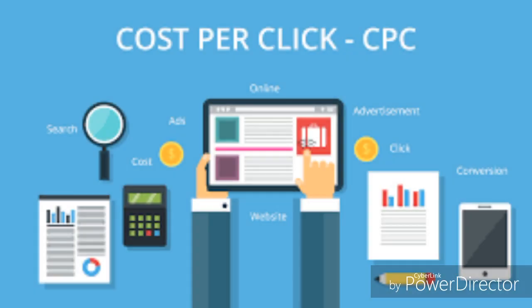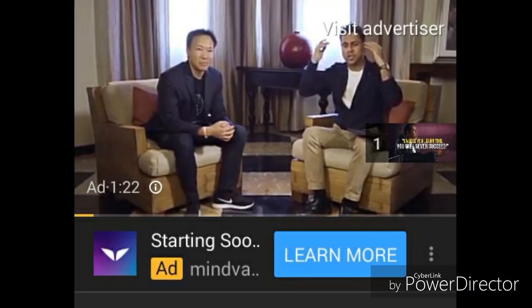Types of ads. Cost per click, CPC. CPC is when an advertiser pays money based on clicks. So if a certain keyword has a CPC of $3 and someone clicks on that ad, it will charge that advertiser $3. These text ads pop up in the lower part of the screen during the video and can also show up as a square banner on the right side of your channel.